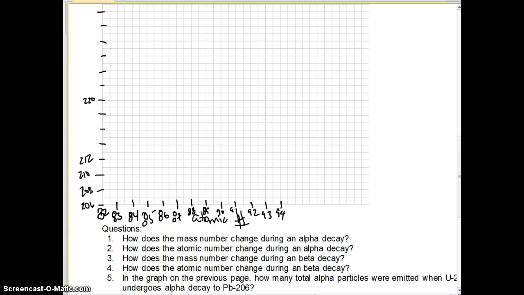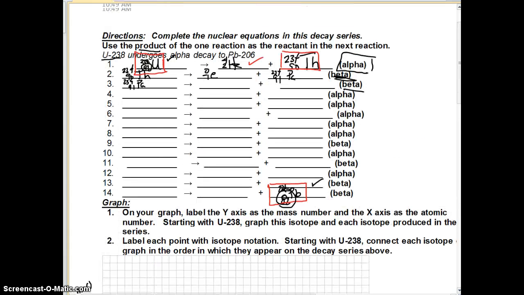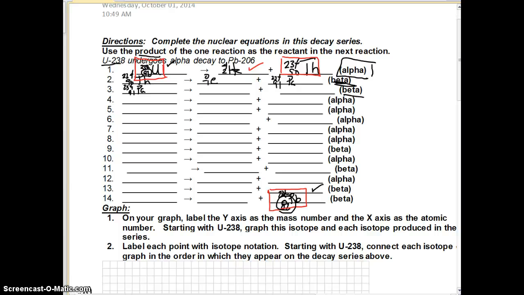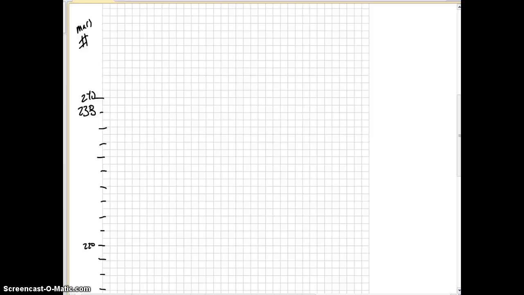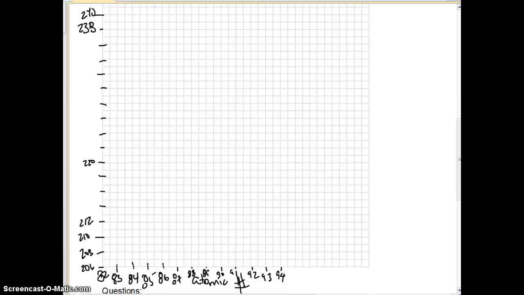So what we're going to do now is graph some of these values. We'll start up here with our very first one, and our very first one, of course, was that uranium-238, right there. So it's 238, 92, and so I'm going to come down here and go, okay, 238 is here. Scroll down a little bit. So there's 238, and I'm going to go straight across to 92. 92 is going to come up about right. 238 and 92 is going to be right about there, and I'm just going to label that with just uranium,